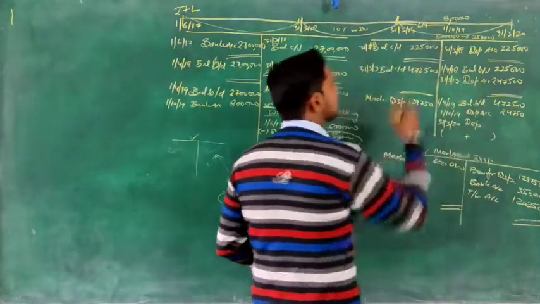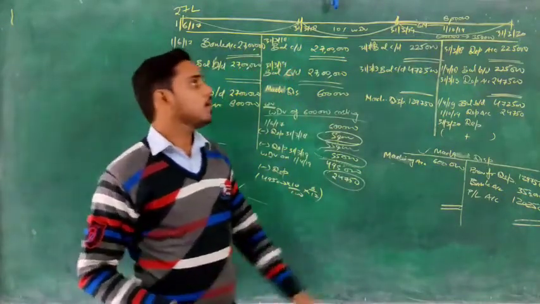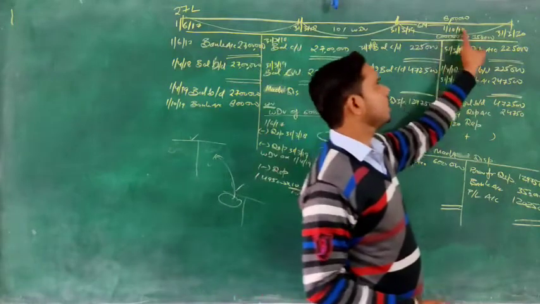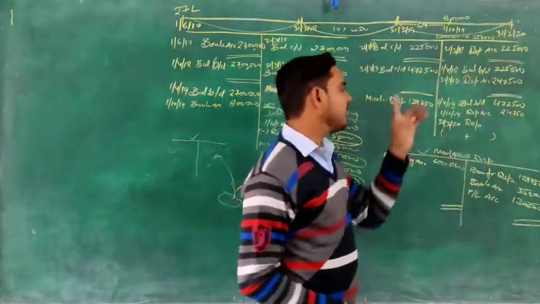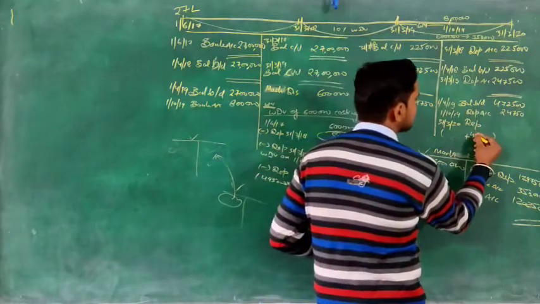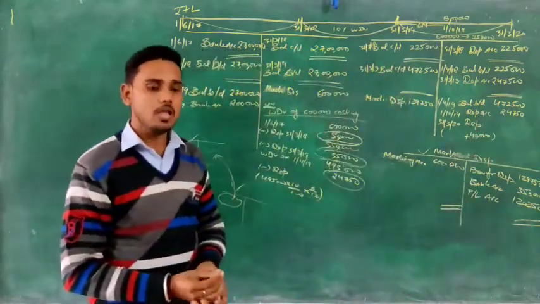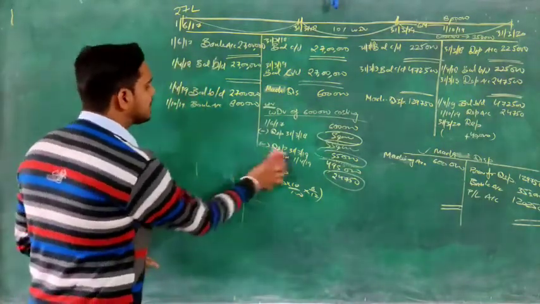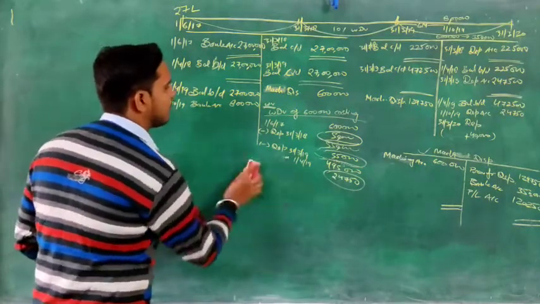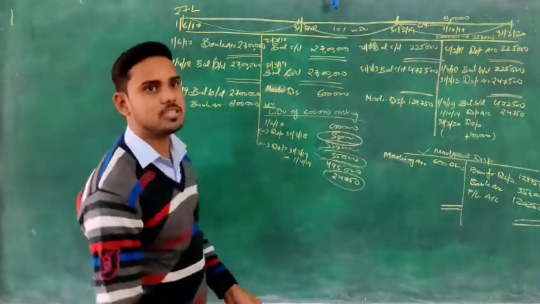Why? Because we purchased it for 8 lakh. So 10% of 8 lakh will be 80,000. But we purchased from October. So October, November, December, January, February, March. We need to charge for 6 months. So if 80,000 is for the whole year, for 6 months that will be 40,000. No confusion. But we need to charge depreciation on the first machinery as well.